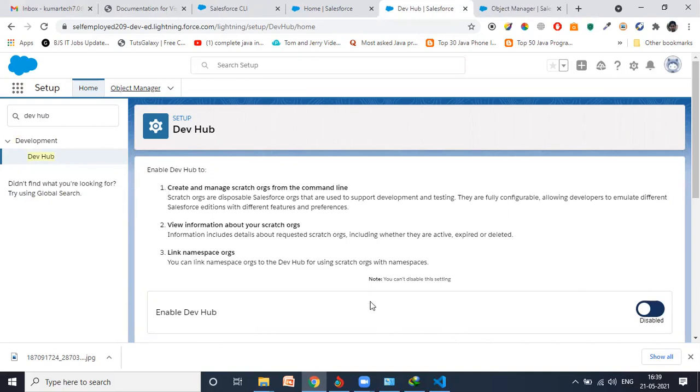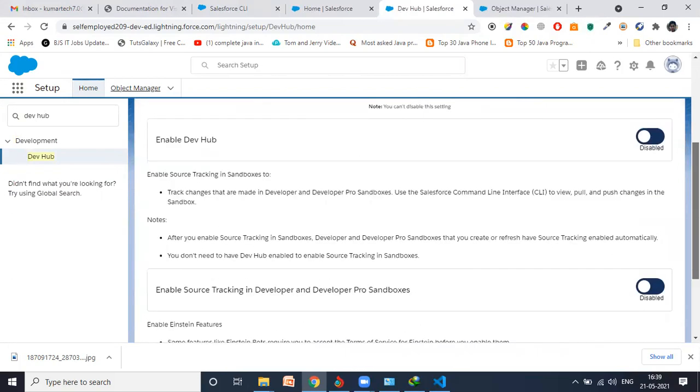Basically, it will give you a full new scratch org from scratch. So in this video, this is my agenda: I'm going to create a fresh scratch org, and in that scratch org we're going to type all the code. So for that, first we need to enable it.